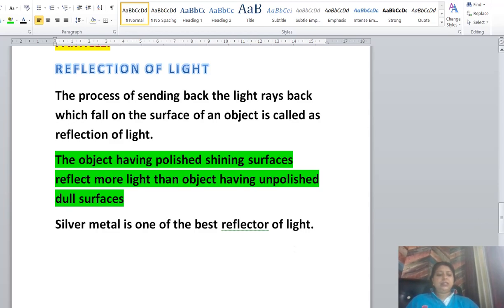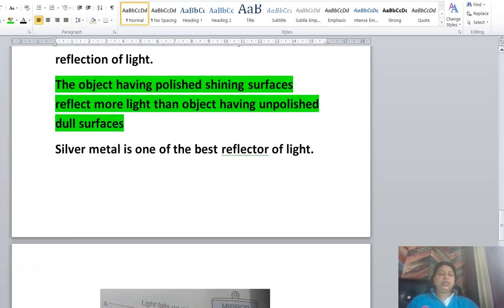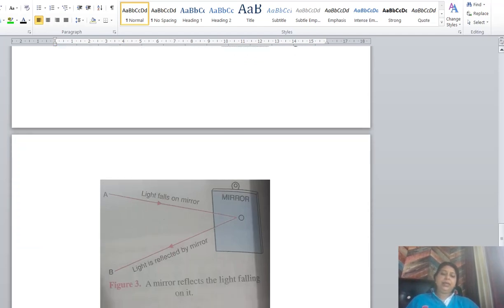ठीक है? Surface you have seen, you will study more ahead, कि हमेशा मिरर का देखो कैसा रहता है. One part of the mirror is polished and the other part is not polished. So when light falls on a mirror, it is reflected. देखो ये light आ रही है यहाँ पे और फिर ये it will go back. So we will now study the reflection of light. The remaining I will explain in my next video. Today, I hope you understood whatever I explained. Okay. Thank you.